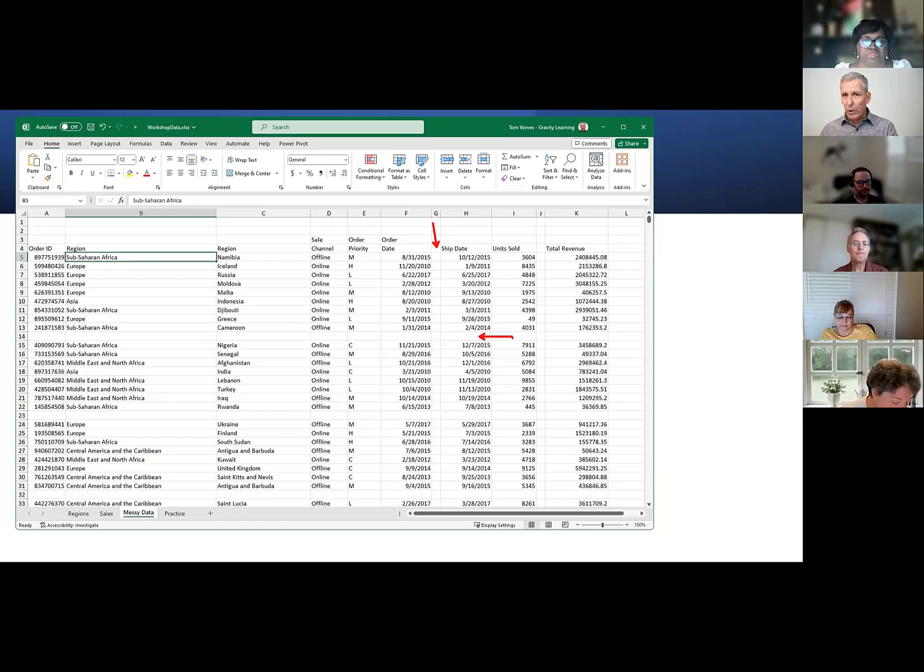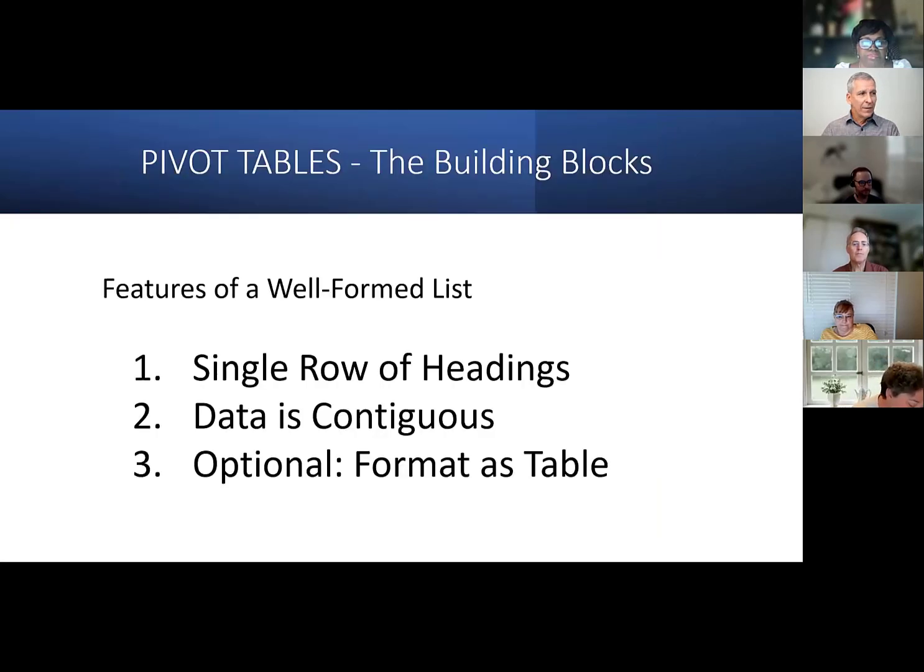So let's review real quickly. A well-formed list, in other words, a list that's going to serve us well as a pivot table data source, has a single row of headings. Your sales tab represents that beautifully, and the messy data tab represents that poorly. The data is contiguous. In other words, there are no blank rows and no blank columns. This is going to make things easier. And then optionally, we turn that data set